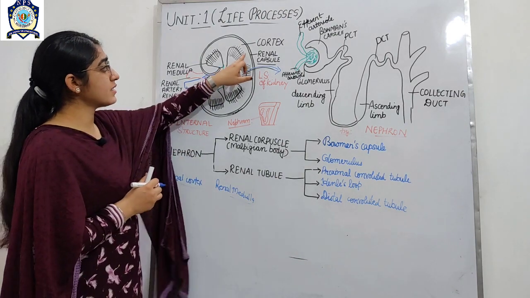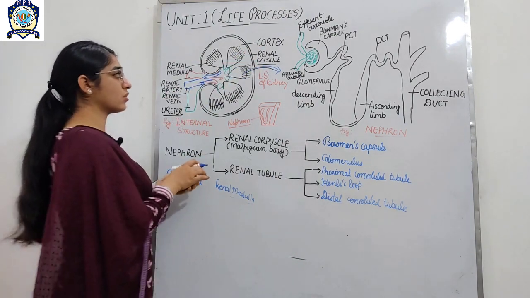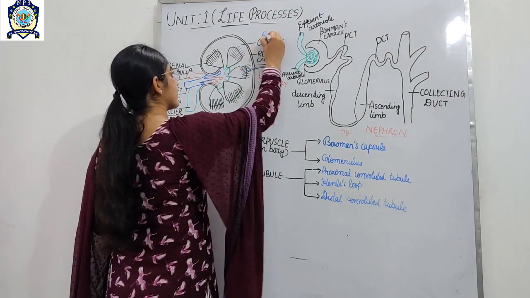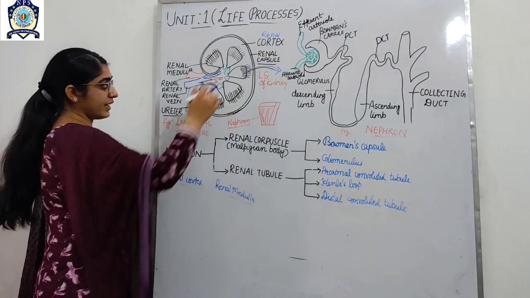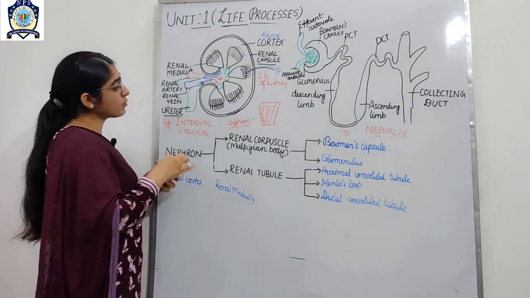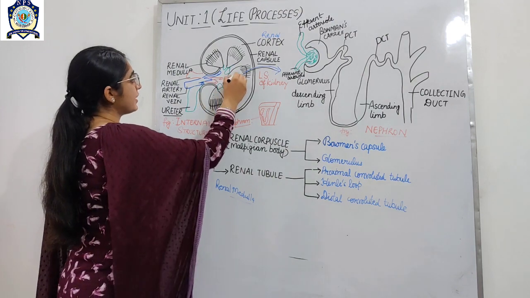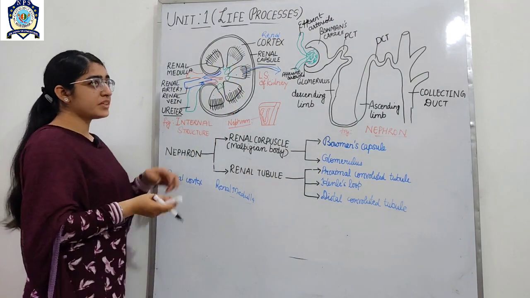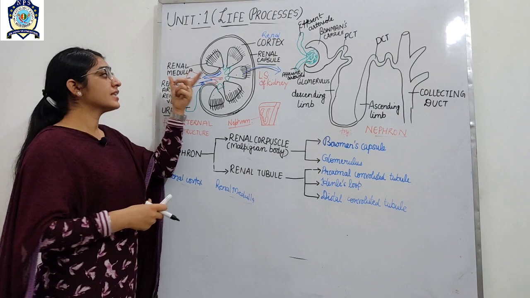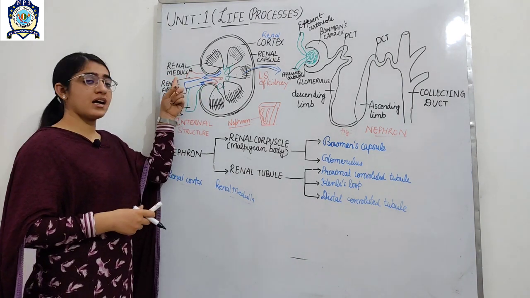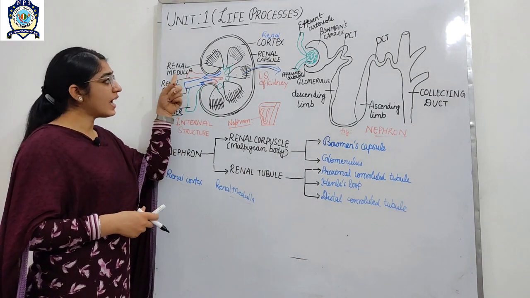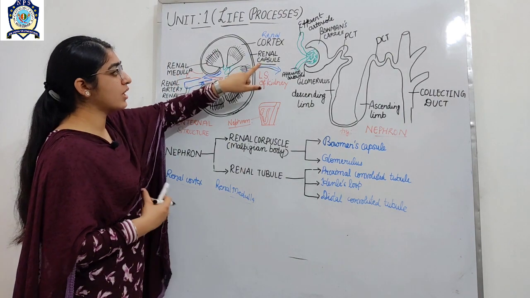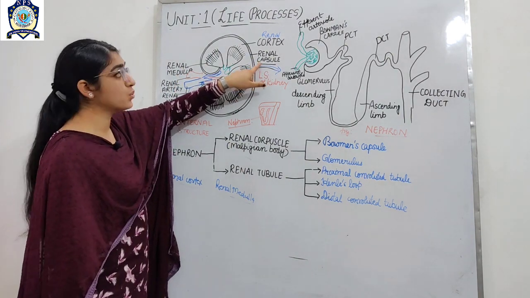This one is the renal cortex. Also you can observe here these pyramid structures. This region forms the renal medulla, and in between the renal medulla and the renal capsule,